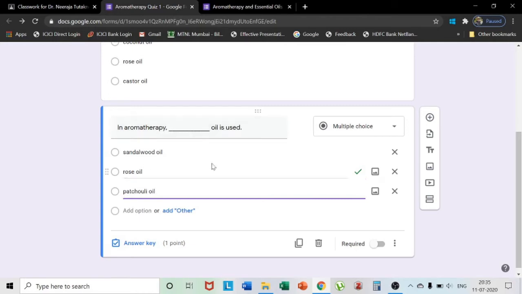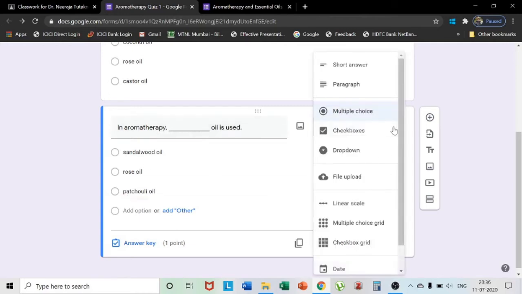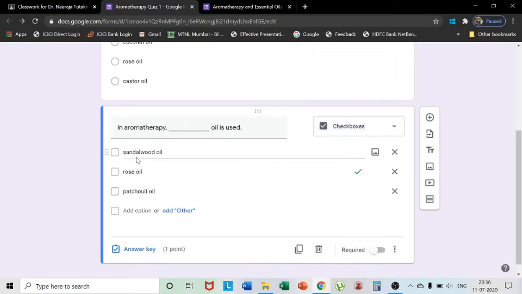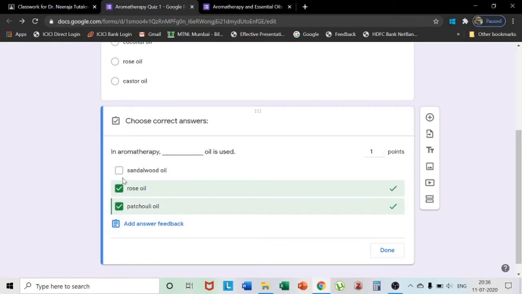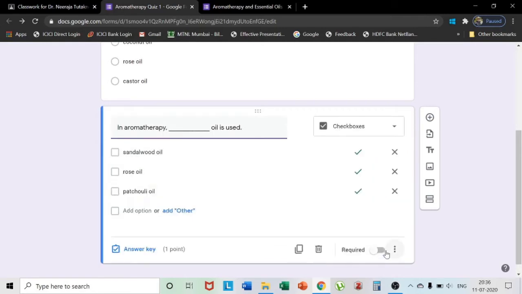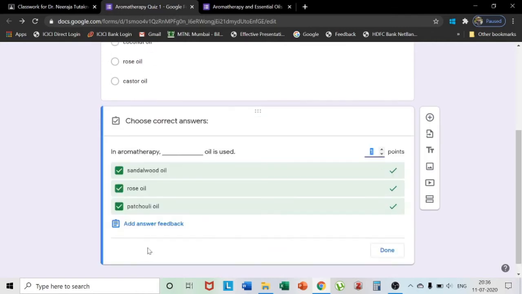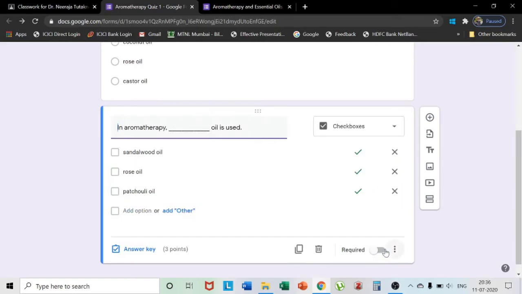Now all these three are correct options. So you can even have another type where you can go for checkbox. In checkbox, multiple answers can be selected as correct answers. So these are the possible answers. Now since there are three correct answers, I can increase the marks also. Click on done.